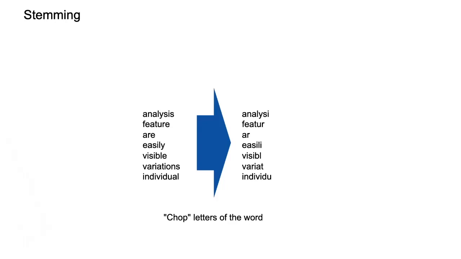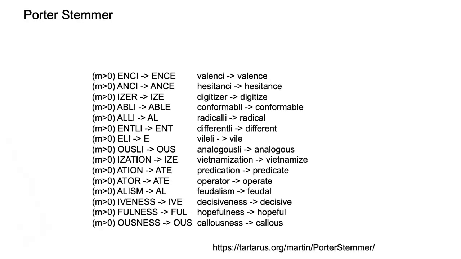Stemming is totally different. Stemming basically doesn't even understand anything. It's like ChatGPT. It doesn't understand anything. It just follows a set of mechanical rules blindly and just applies modifications to the words by chopping letters at the end, right? So this is what it does. It's, of course, not going to work in the same way in every language, but it turns out that in English, it was widely researched, and there are a couple of stemmers out there. So these are the sort of rules that you can have. It's really very mechanical, right? So you have these rules that say if it finishes with, I don't know, ently, then you just put ent, usly, us.